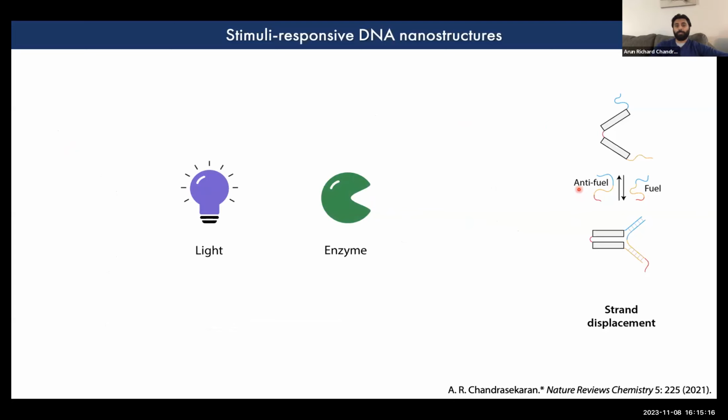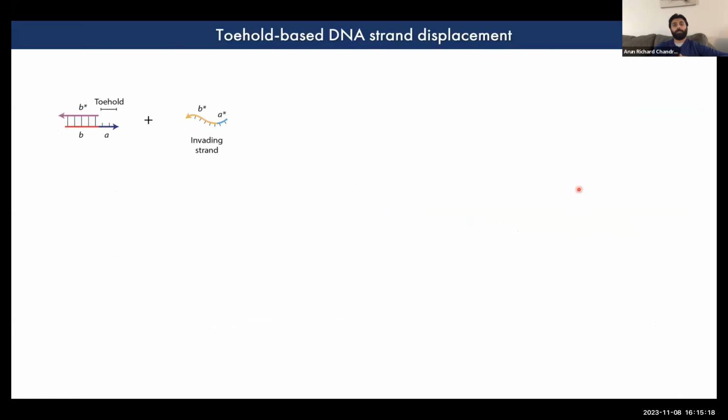Before I discuss these two strategies, I'll give a brief overview of what toehold-mediated strand displacement is. If we start with a duplex with a single-stranded extension, the duplex portion has the sequence B and B star that are complementary, and the single-stranded region has a sequence A, which we call a toehold. If you now add another strand of sequence A star and B star, which we call an invading strand, since